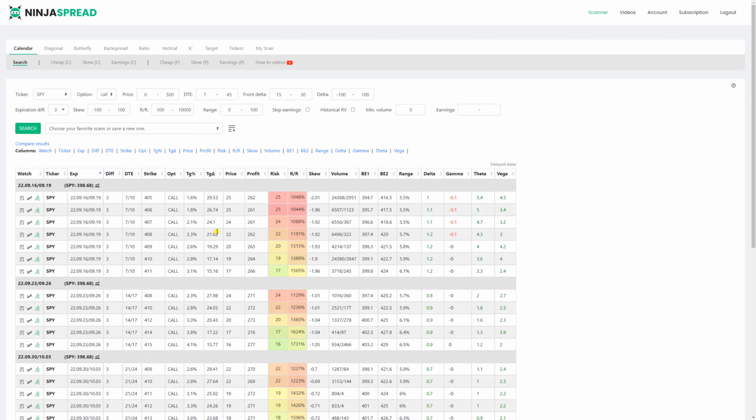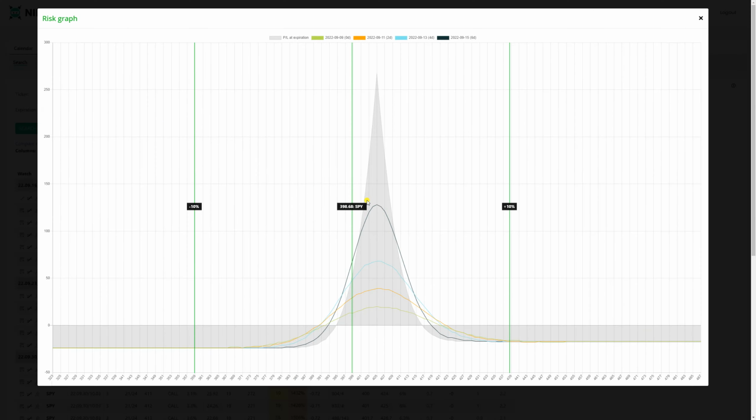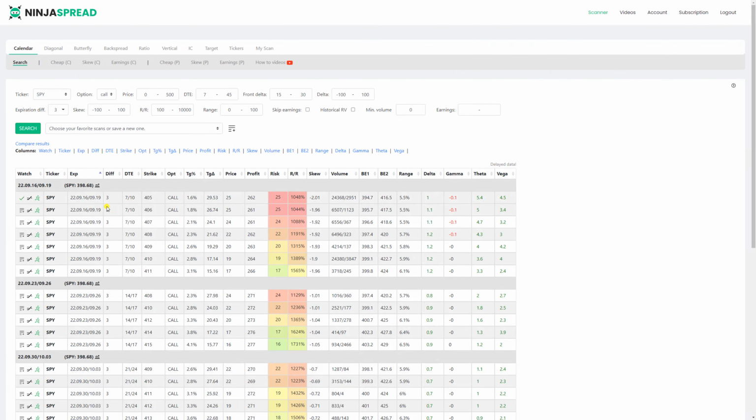So let's go through all the columns that you see. The watch column contains different specific functionality. If you click on this button, it will save this specific calendar spread into your own watch list. If you click on this button, it will show you the risk graph. If you click on this button, it will copy the trade to clipboard, and then you can paste the trade to Thinkorswim. The ticker column shows you the ticker symbol, which is obviously SPY